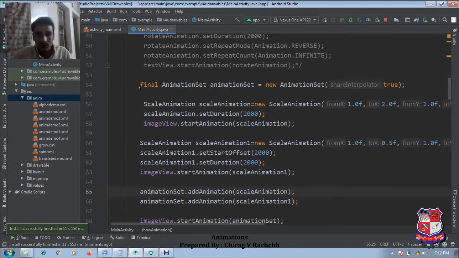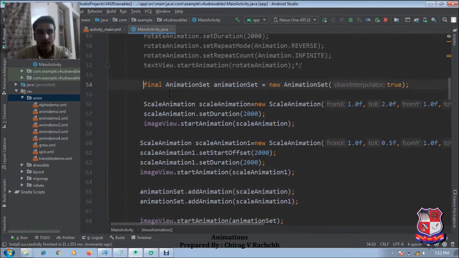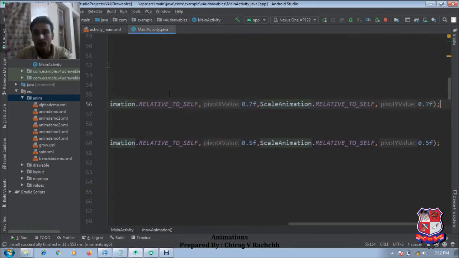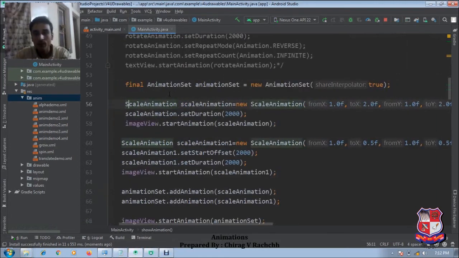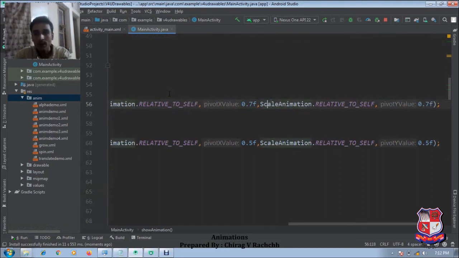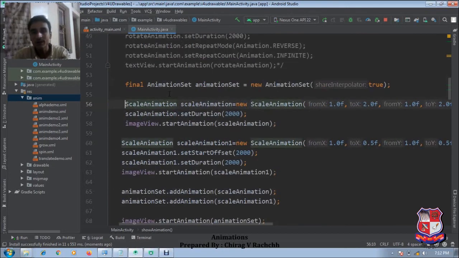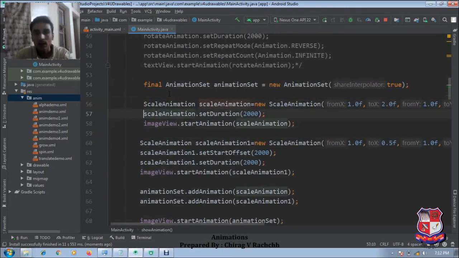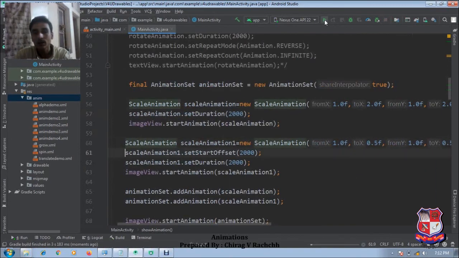See, both animations are performed. It is moving from here to here. The pivot point is 7, we should change it to 5, so it will be scaled from its center. It takes 2 seconds, and again it gets back to its original position and normal size, that is half of its size after the first animation was completed.